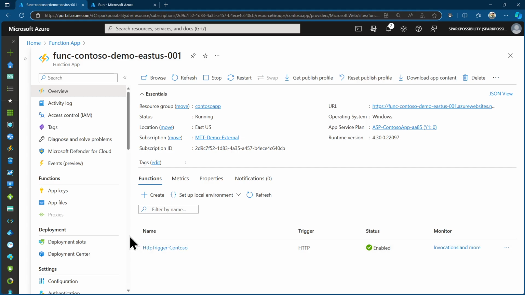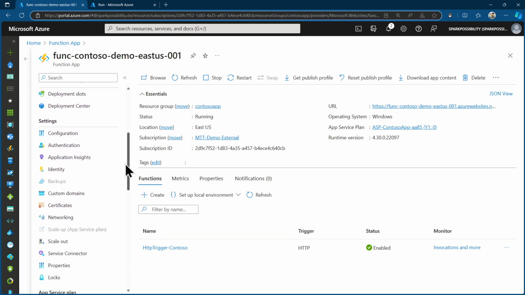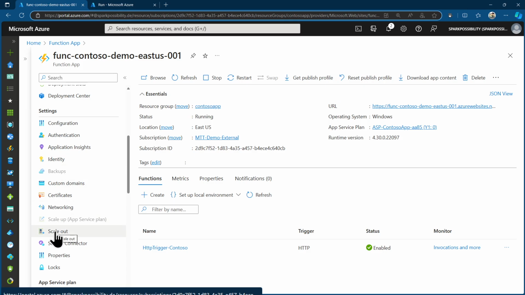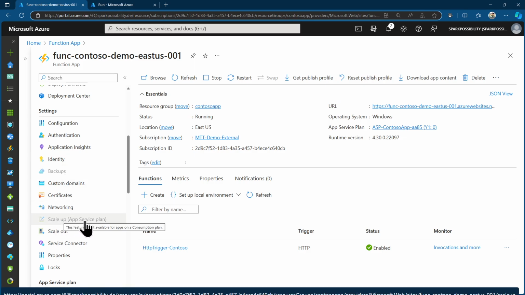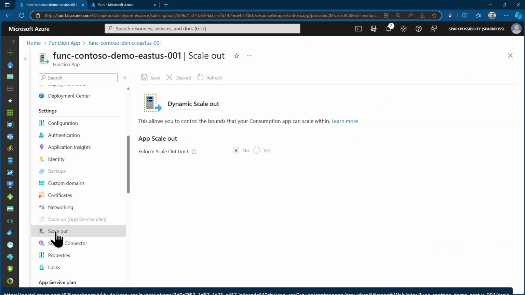Now, a function app essentially under the hood is an app service, but it's a specific kind of app service. If we scroll down here, you can see that it has information about scaling, but not in the same sense that a normal app service has. So I don't have a way of scaling up from an app service plan perspective. And that is expected because you don't have to configure this. It's coming out of the box. You don't have to create rules. If there's more load coming to your function app, it will get the necessary instances automatically